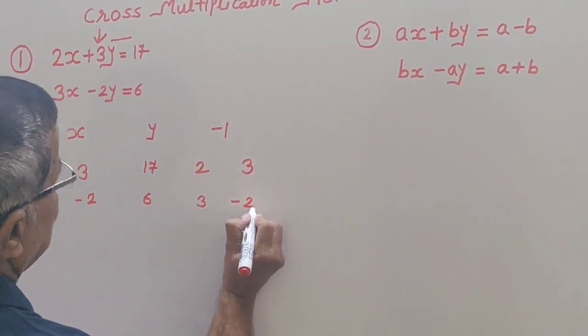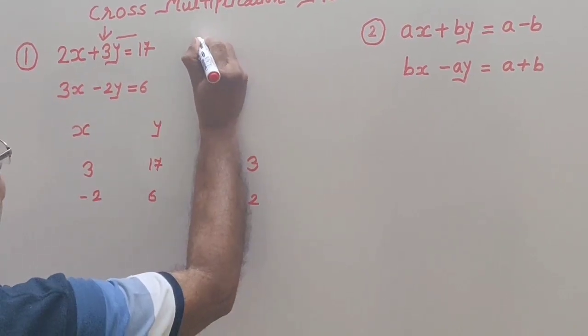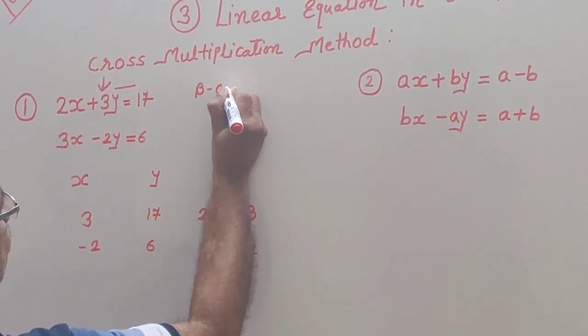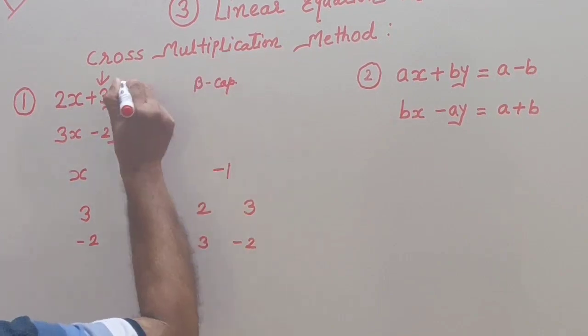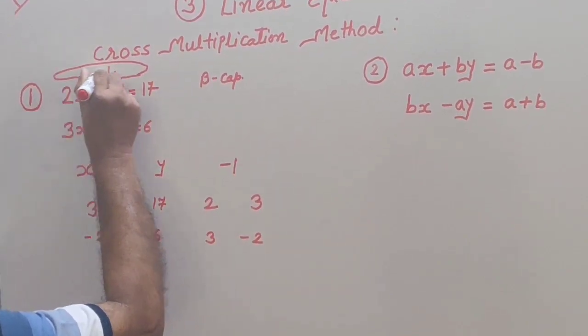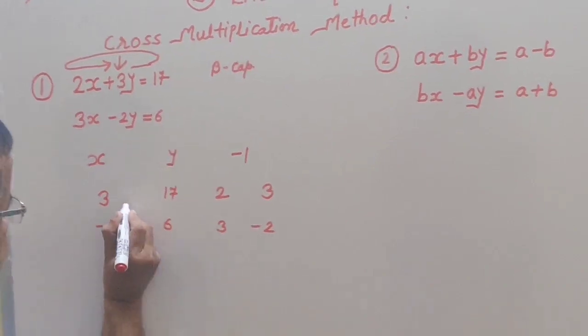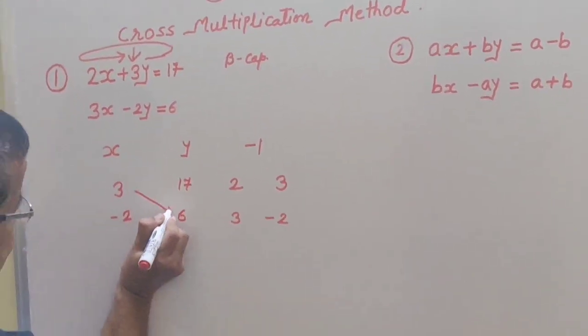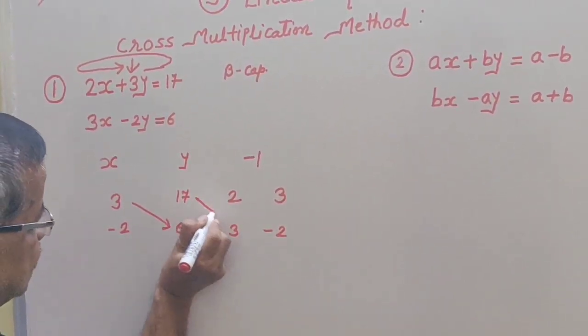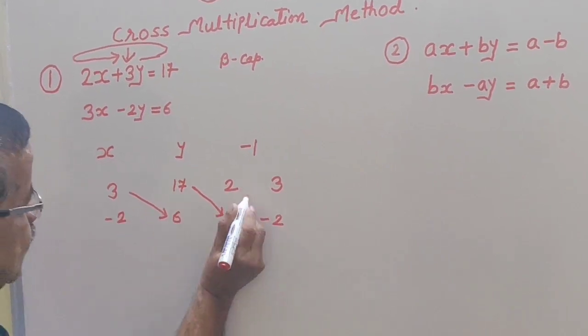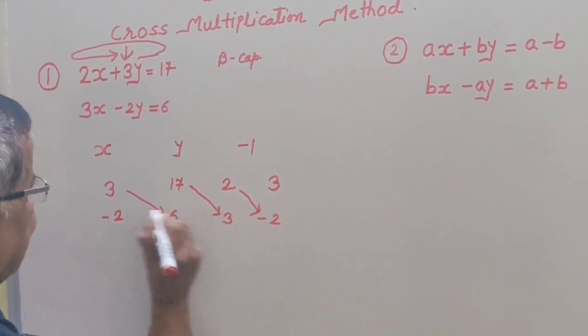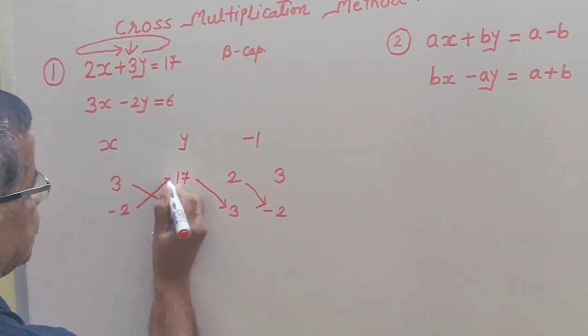This is also known as the B cap rule. B को cap बनाना है, that is called the B cap rule. It means we rotate here and stop here. Write down arrows like this. First you have to multiply this minus of this.